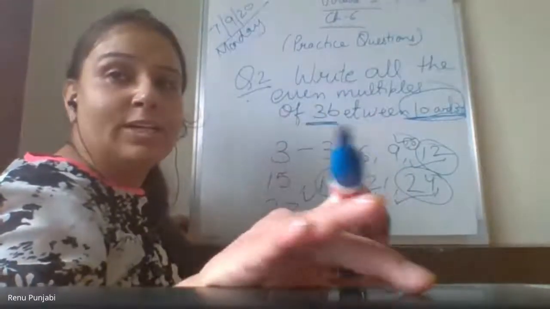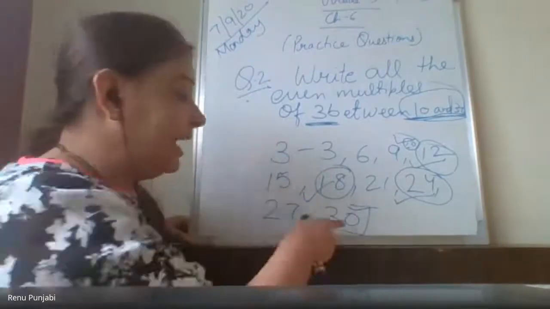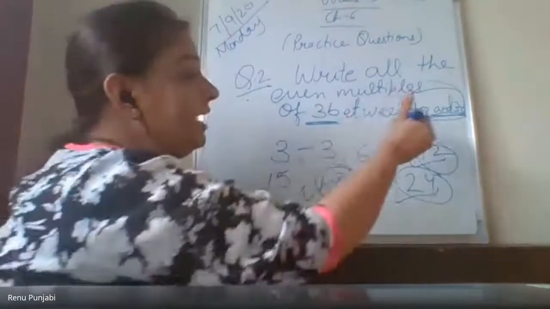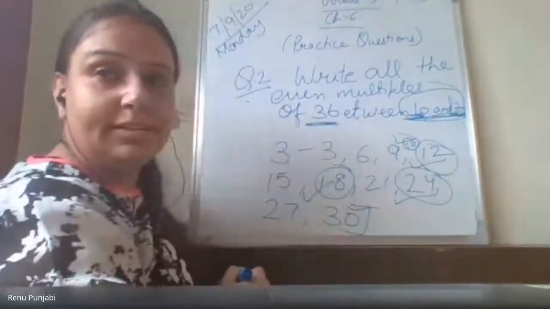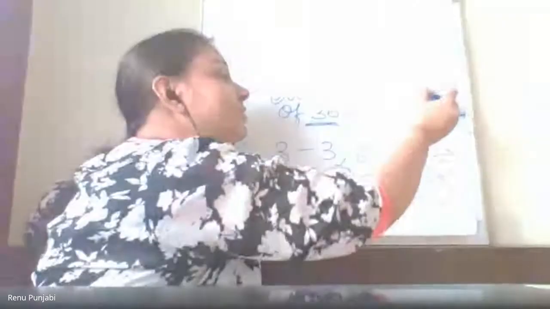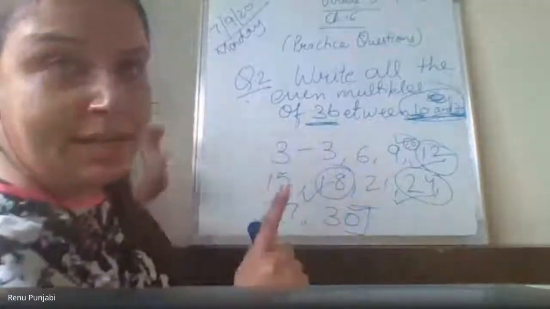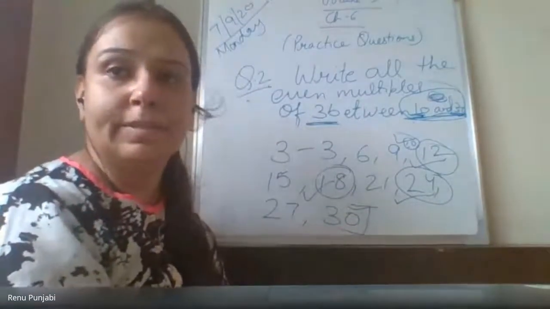Jash Malhotra, just now I explained when we take the between numbers, we will not take the ending number. Why ending? Because 10 is the starting and 30 is the ending. So which are the even multiples? It should come in between the 10 and the 30. So starting and ending will not be included. Am I clear?